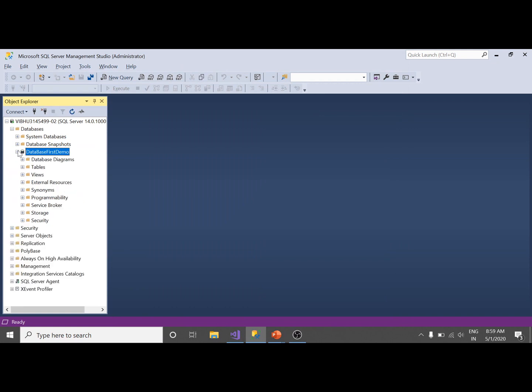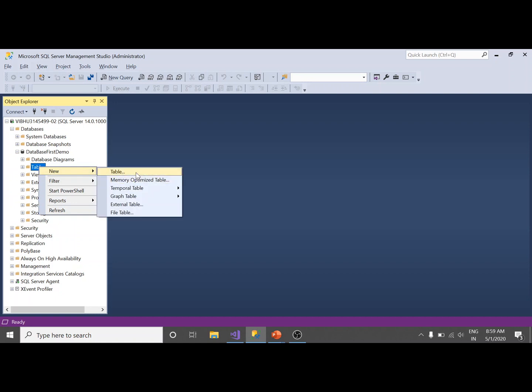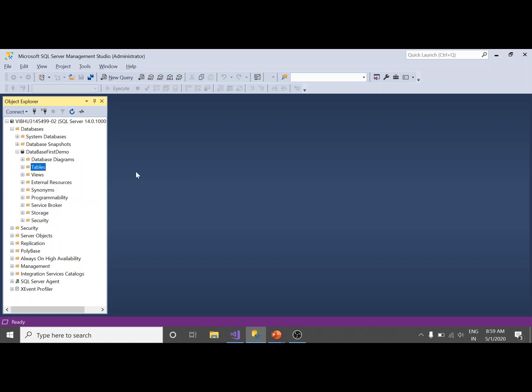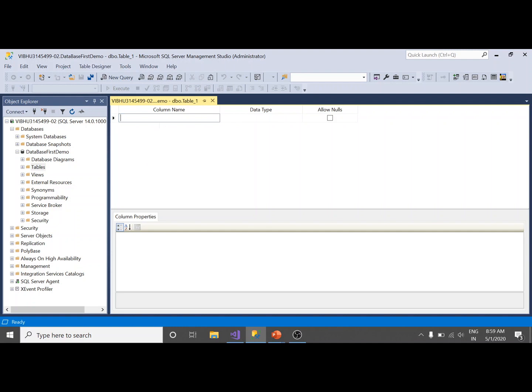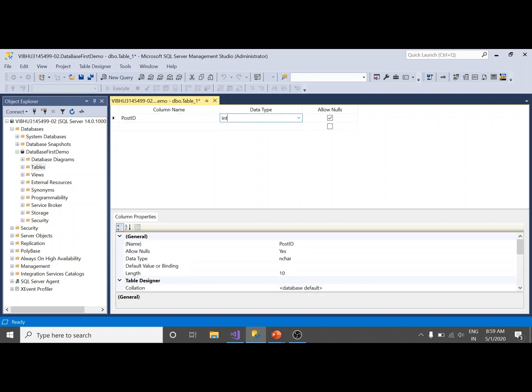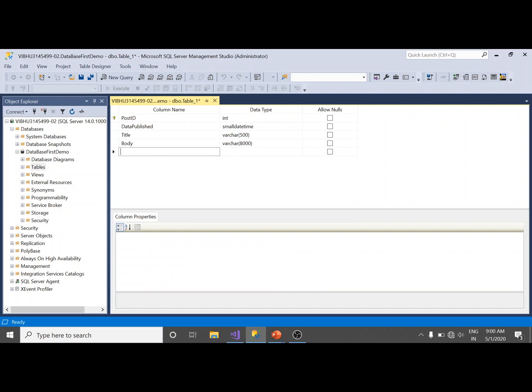As you can see, I have created my database. Now it's time to create a new table. Just store some random data. As you see, I have added some columns in my table.